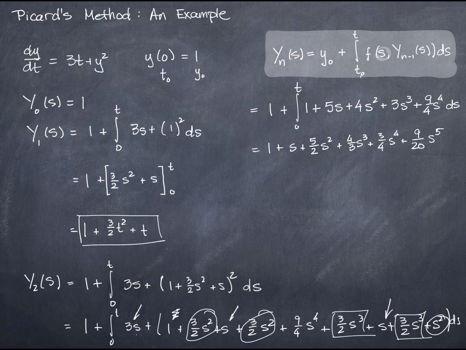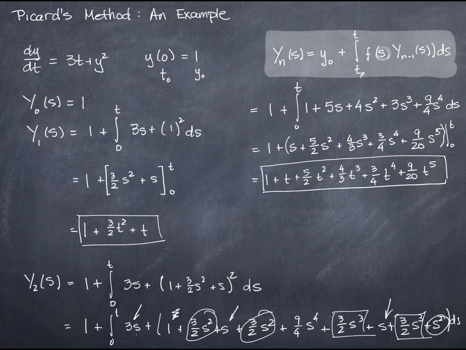And I'm going to evaluate between 0 and t. I'm actually only evaluating this part because that was the only piece that came from the integration. Now I don't have any repeating powers this time, so it's just a case of substituting my t's in. I have 5/2 t squared plus 4/3 t cubed plus 3/4 t to the fourth, plus 9/20 t to the fifth. This is